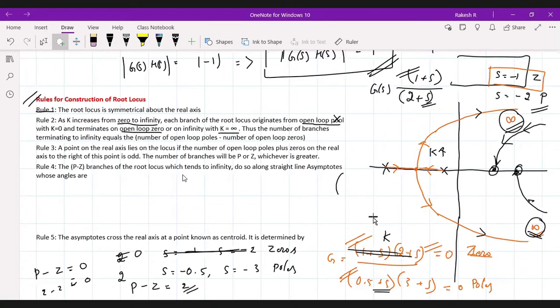Yes, it is correct. But what happens here is, sometimes the roots will be breaking, right? One root will be coming like this. Let us say it is coming on the real axis. If it is coming on the real axis, that means it is symmetrical, right? We cannot break rule number 1 here. That means if we are getting minus 1, one root will be on the real axis itself, or it might be coming like this, or like this in this direction. This again will be symmetrical only. Got the point?